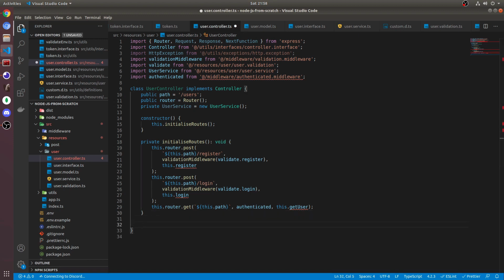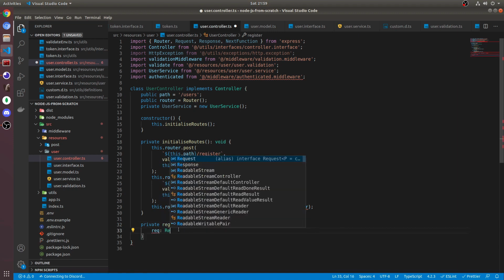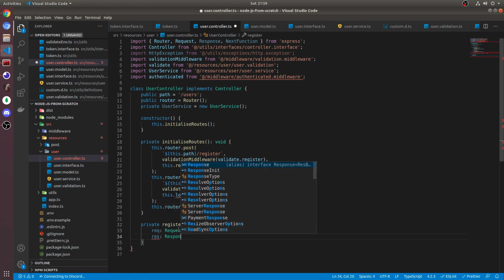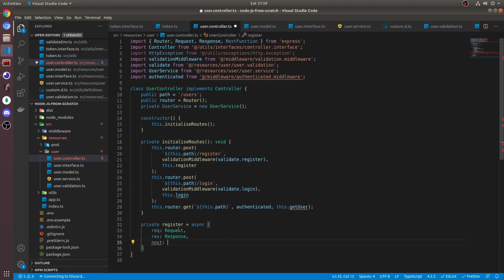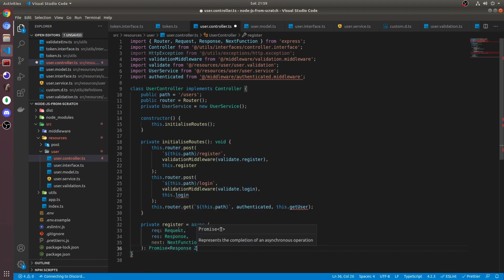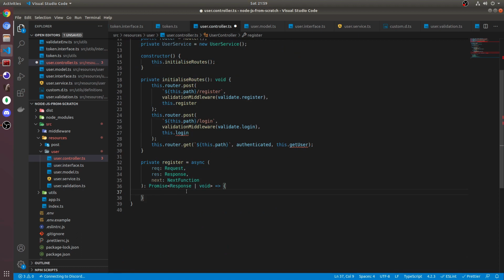So the first function we'll do is the register function. So we'll do private register, and that'll be equal to async, and it will accept req, which will be request, res, which will be response, and next, which will be next function, and the return type Promise, and that'll be either Response or void, and then arrow function, and there we go. So we do a try catch,